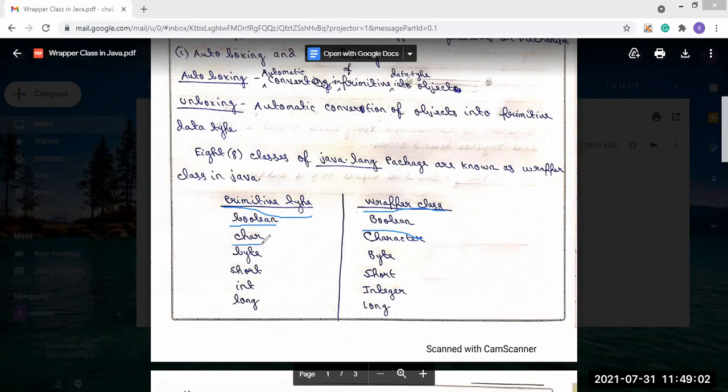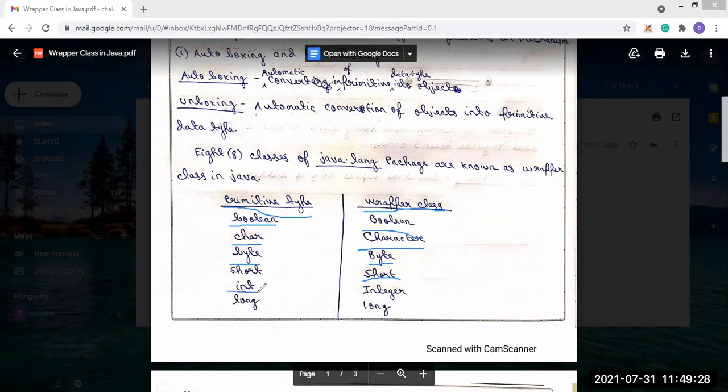For char, if the primitive type is char, then the wrapper class is Character. If the primitive type is byte, then the wrapper class is Byte, only the B is capital. If it is short, then the wrapper is Short, only S is capital.